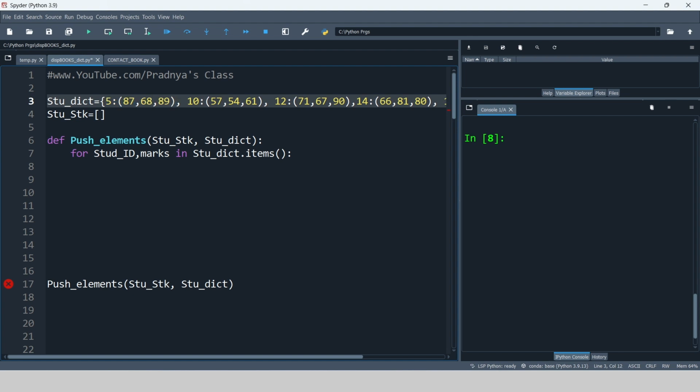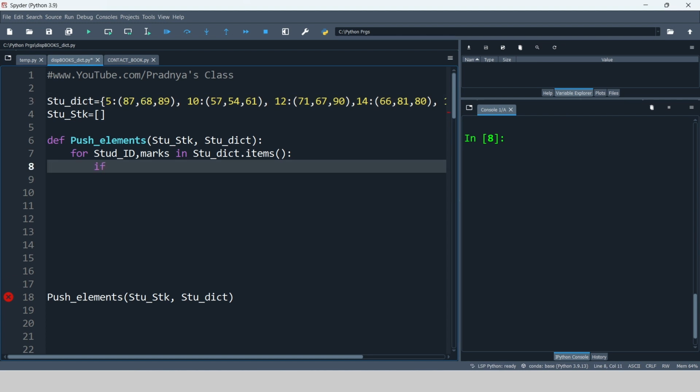We get the key value pair of the dictionary. Key is the student ID. The marks are the values, and the marks of the test series are in the form of a tuple. We need to check the marks of test series 3, which will be at index 2. This is the 0th index, then first and then 2. With the if we will be checking the criteria. We have all the values in the variable marks, and at the second index we will be getting the test series 3 marks, which should be greater than or equal to 80.